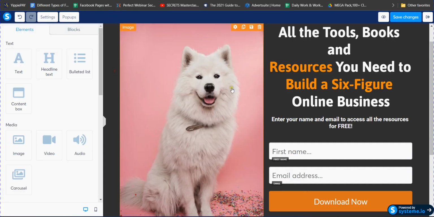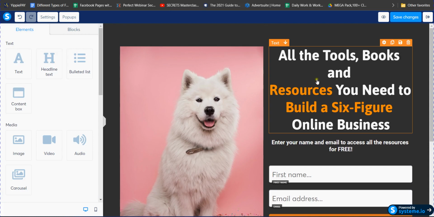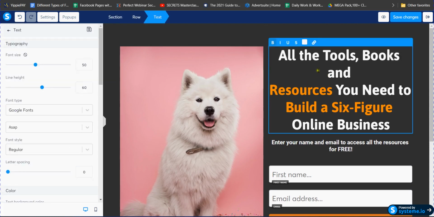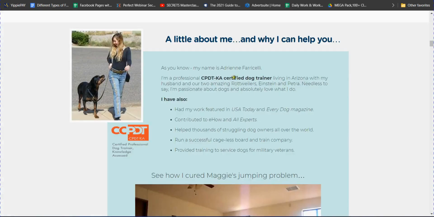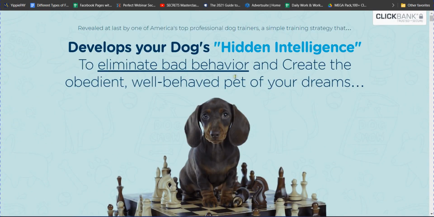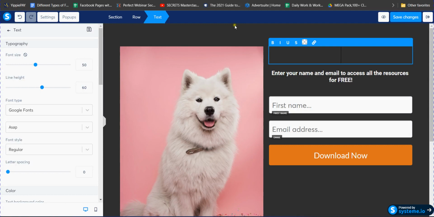Okay, so I have added the image, and now if I want to edit those headlines, just click on these headlines and you can see you can edit the page. If I want to remove all these things, now yes, it is gone. If I want to write something, if I want to write